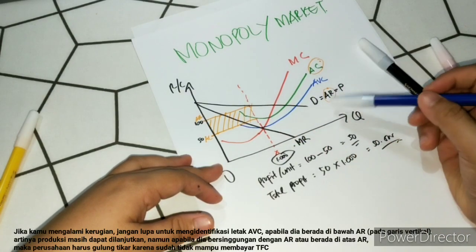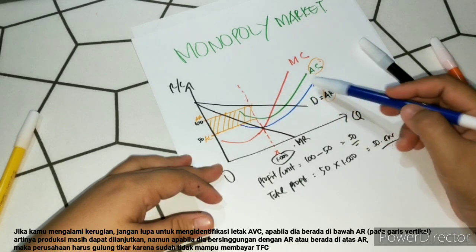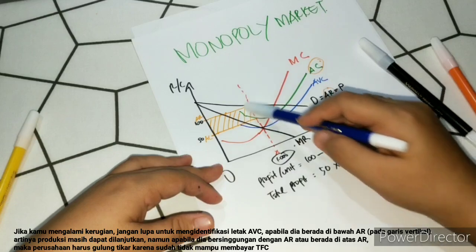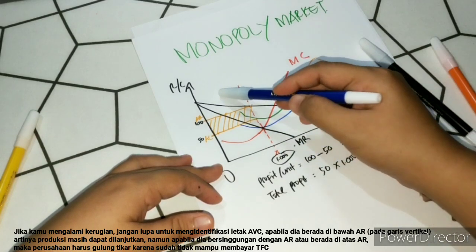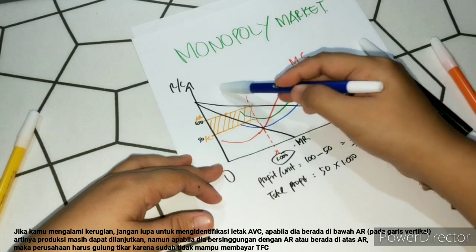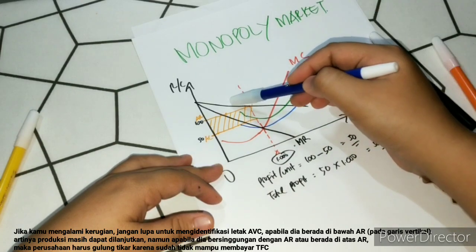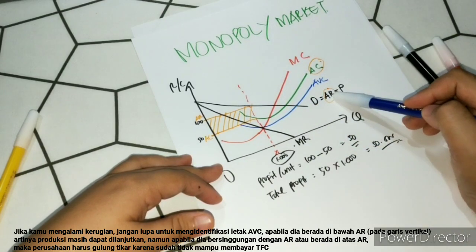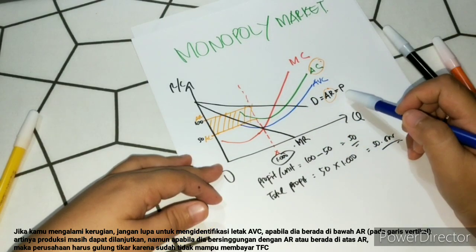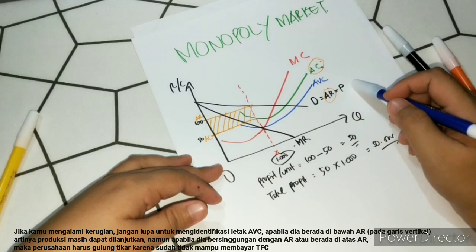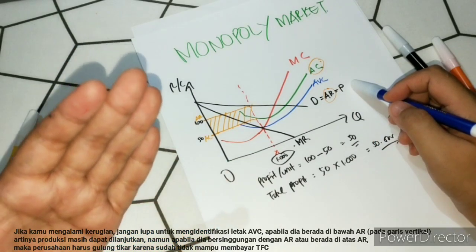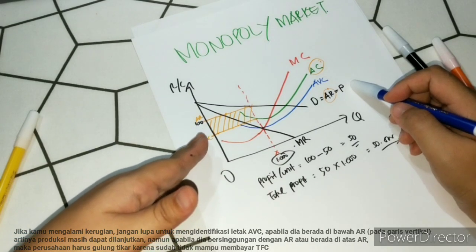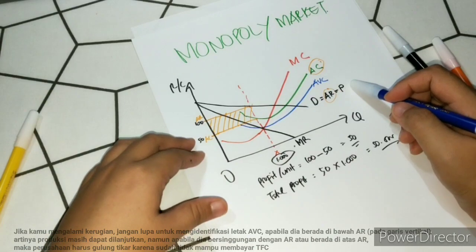But if you get a loss and your average variable cost is above your average revenue on this vertical line, like this one here, you have the average cost here and the average variable cost here way above the average revenue, it means it is a shutdown point where you have to stop your operation, because you don't have any resources anymore to pay your fixed cost,